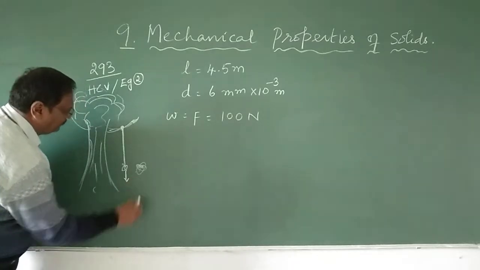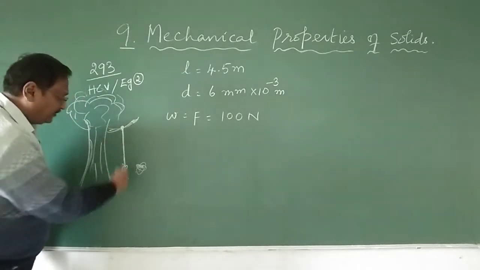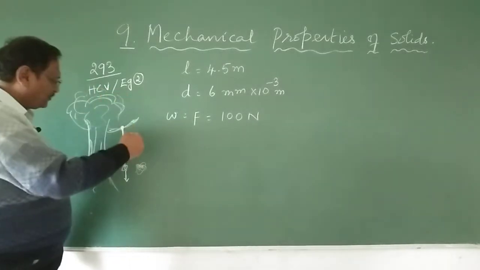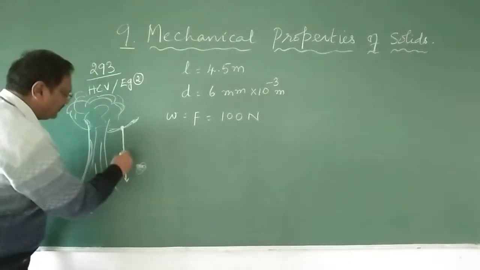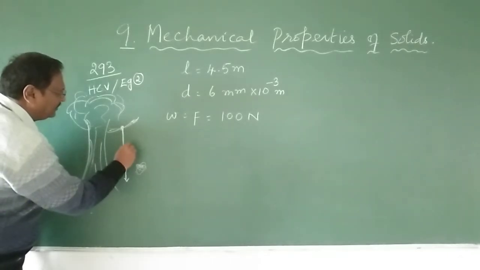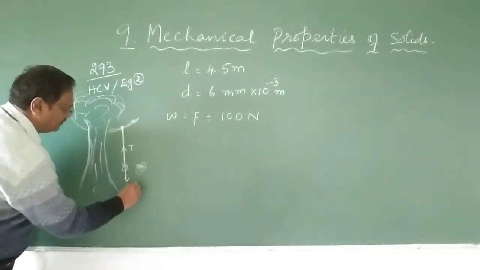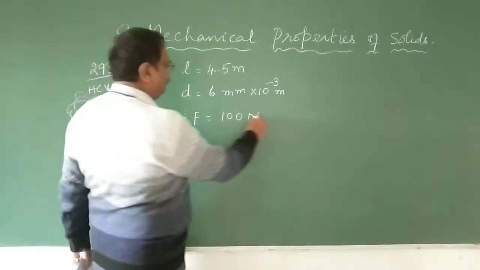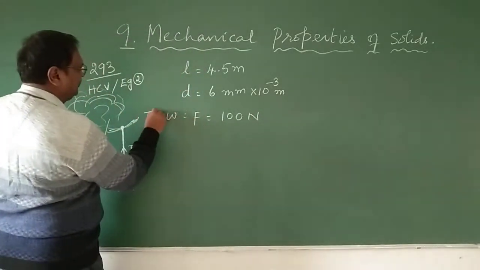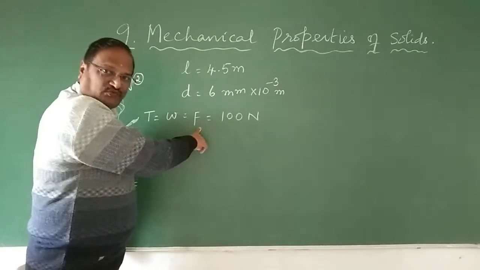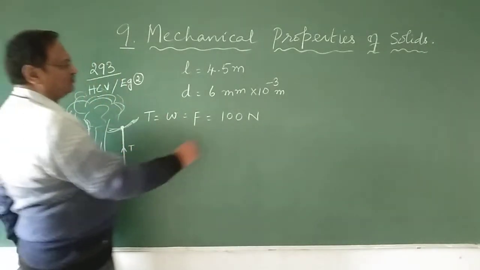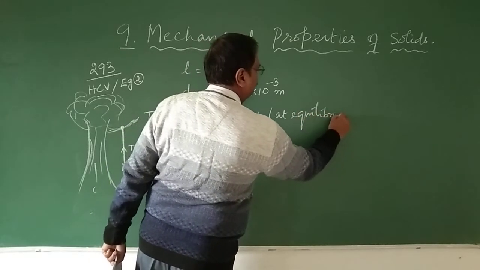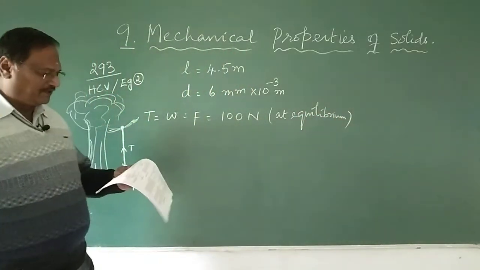It is here. Now it wants to jump here and catch it. When it tries to catch it, what will happen? The nylon rope will stretch. So there is a tension, and the tension is acting in the opposite direction, upward direction. The force is in the downward direction. So at equilibrium, the tension and the force, both of them will be the same. Weight of the body is equal to the force, because this will happen at equilibrium.